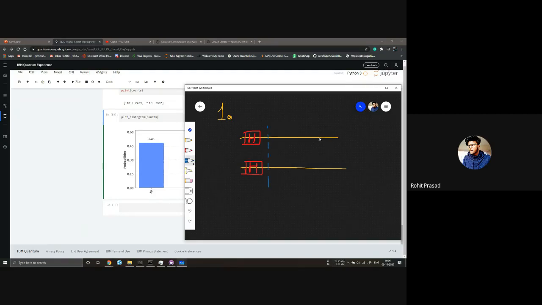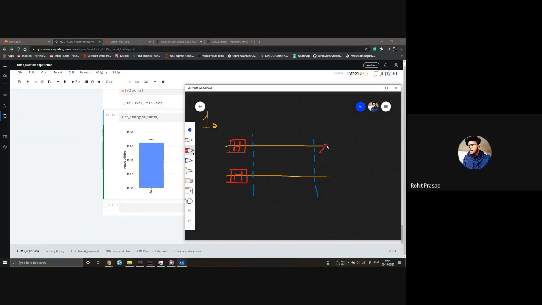Next is the dotted line. At the end, when I measure this, this is the C reg. What will this give me? It will give me 0.25 probability of 11, 10, 01 and 00, right?